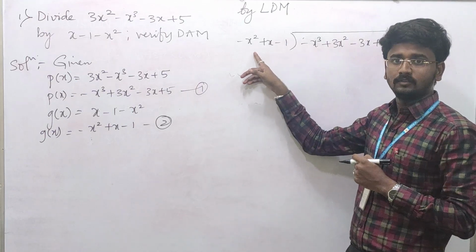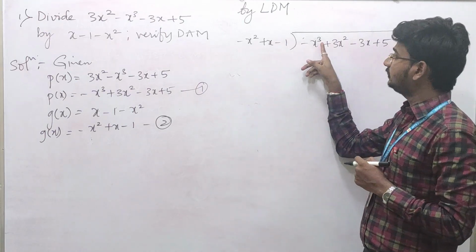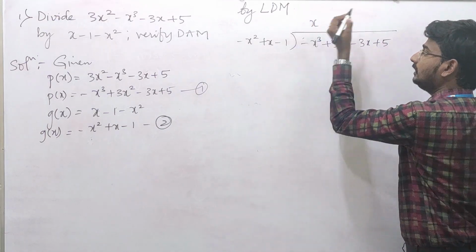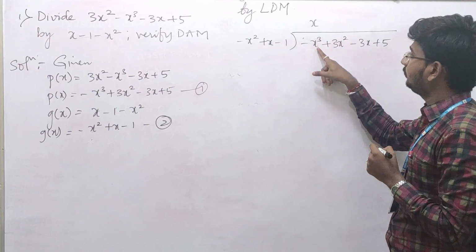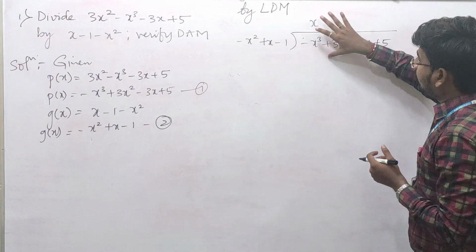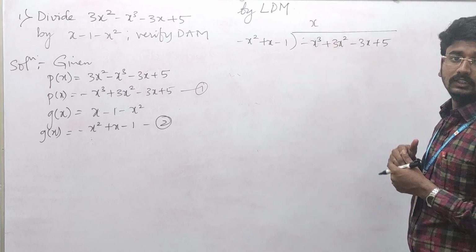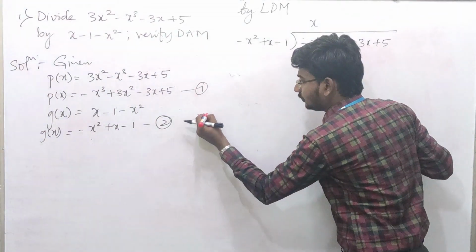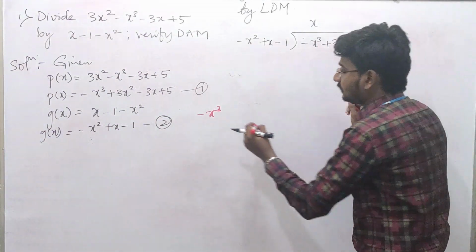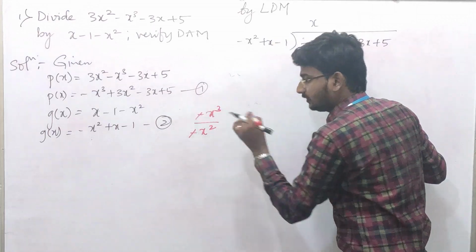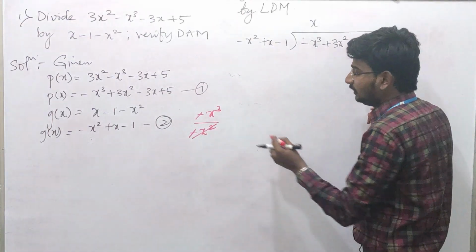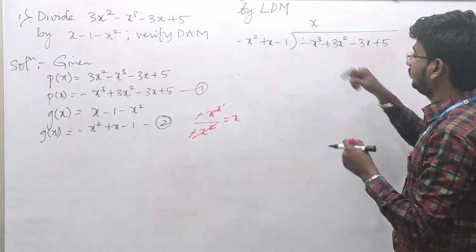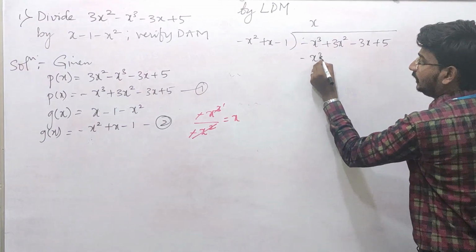First term I should cancel by equating the same term, that is minus x cube. Here it is minus x square, here it is minus x cube. So simply I will multiply by x, because x into minus x square will be minus x cube. If you feel like, sir, how should I know that it is x only? In a rough column you can take this minus x cube, divide it by the first term minus x square. Minus minus sign will cancel, x square term will cancel, remaining will be only x. So if I multiply x into minus x square, I will get minus x cube.